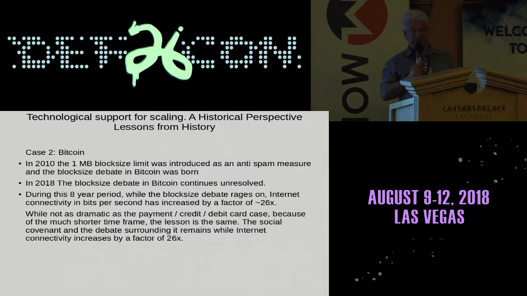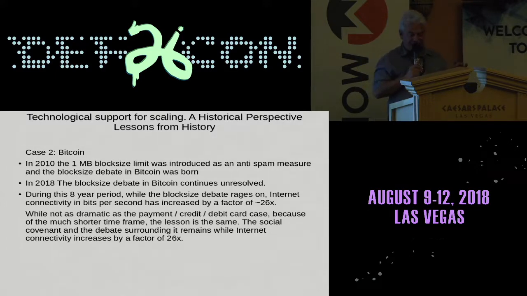My second example is from cryptocurrency, and we're talking about Bitcoin. Now, Bitcoin, initially, when it was released in 2009 and conceived in 2008, did not have a maximum 1 megabyte block size limit. This was added in 2010, approximately 8 years ago. Shortly thereafter, there was a post on Bitcoin Talk with a proposal to actually get rid of this so we could scale like PayPal. That was the birth of the Bitcoin 1 megabyte block size debate 8 years ago. The debate is still going on to this day.